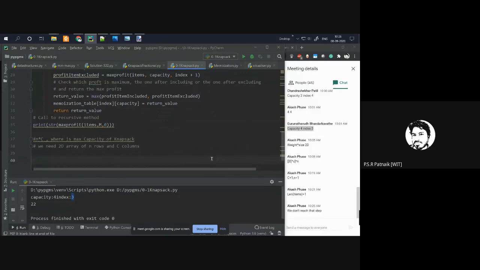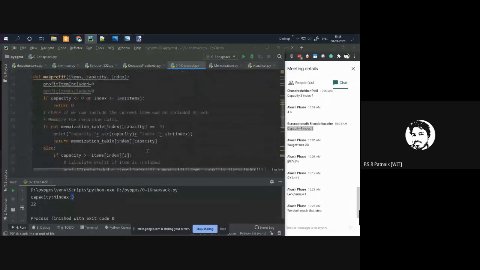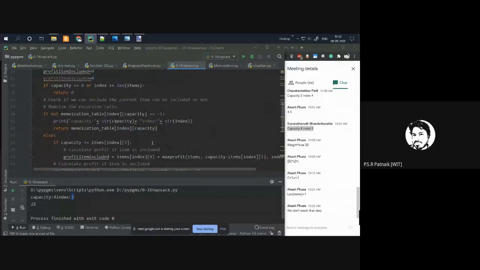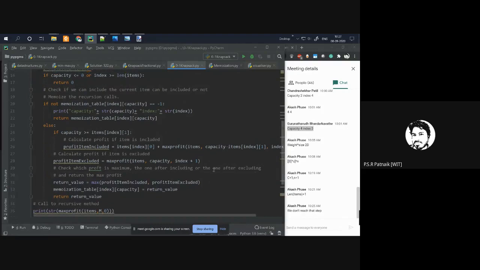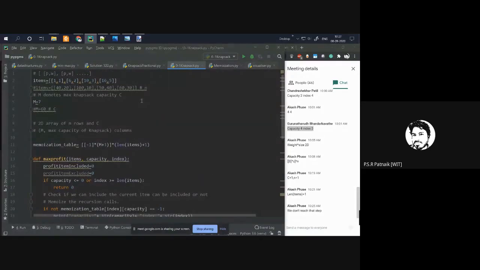Okay. So once again, I have occupied your entire 2 hours, but I think it was required. Have you understood? Now the program which you are looking at is an actual solution for 0/1 knapsack with memoization.